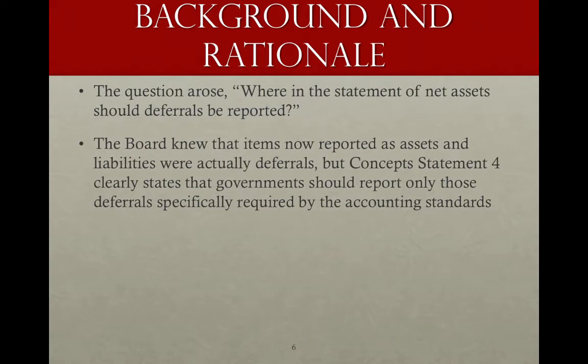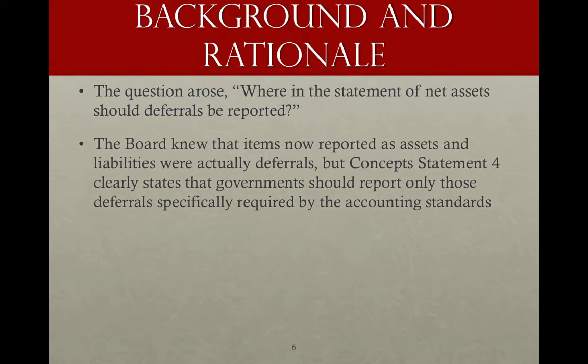So obviously there's a question here. If GASB is requiring these to be reported, but Statement 34 doesn't provide any guidance as to where they're supposed to be reported, constituents wanted to know, so what do we do with these? The staff, in trying to answer these questions, was in a bind because they couldn't say put them in their own section, because there was no provision for that in the standards, but they also couldn't say continue to report it with the assets and liabilities because they're not assets